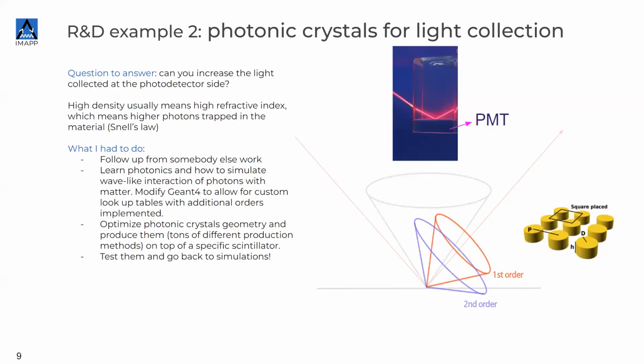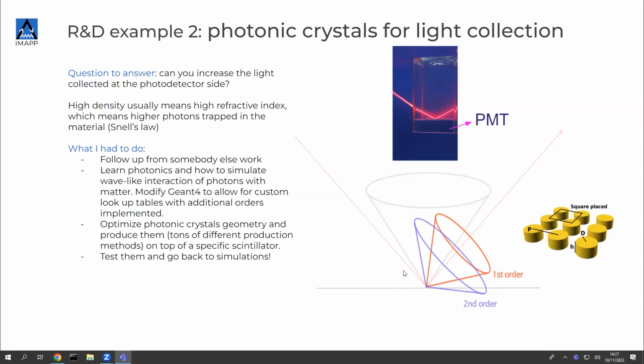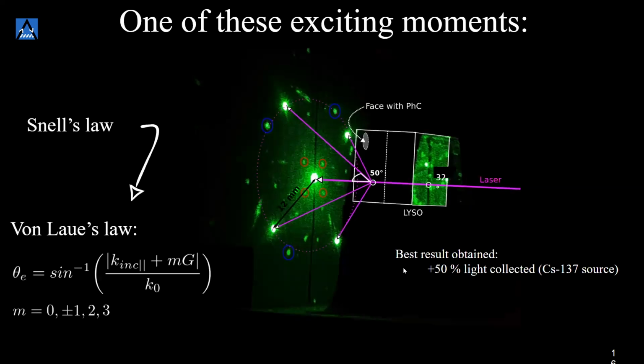Okay, and then thanks to the fact that we have this grating, this net of pillars, what is happening is that you don't have only the main reflection, but you have several orders which are taking place as well, which have some probability of taking place. Of course, at the end only some of these orders will be visible, but in the case of this specific structure that you see here in yellow, we had a very nice confirmation of it.